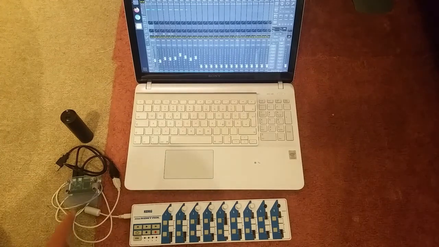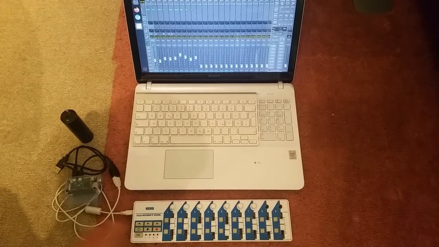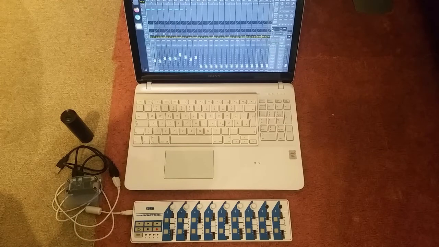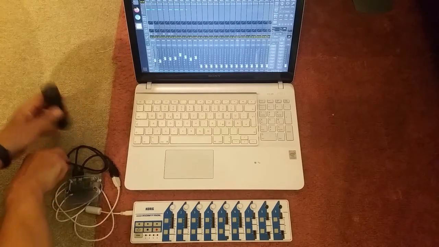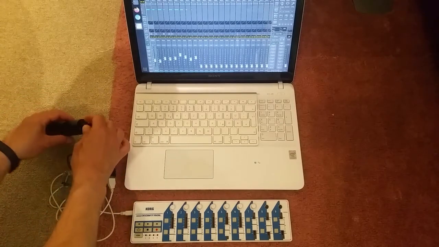I've written a Python script which runs on the Raspberry Pi Zero, which automatically finds the Behringer X-AIR mixer, connects to it, and then you can control the faders with the Korg nanoKONTROL. So let's boot it up. I connect the battery to the Raspberry Pi Zero,